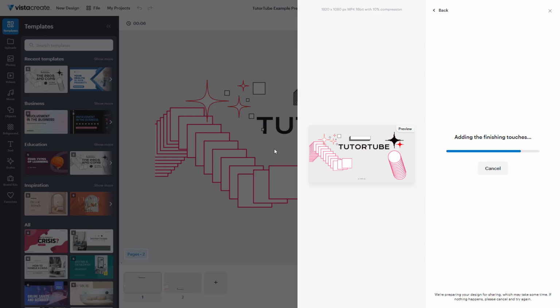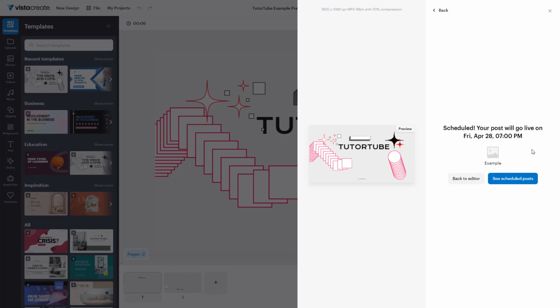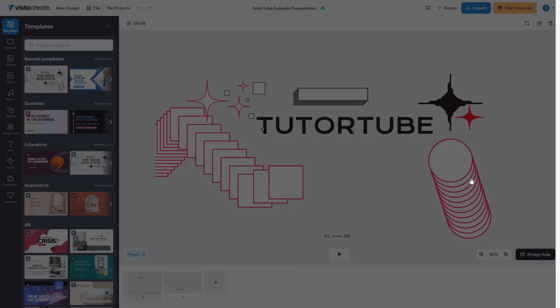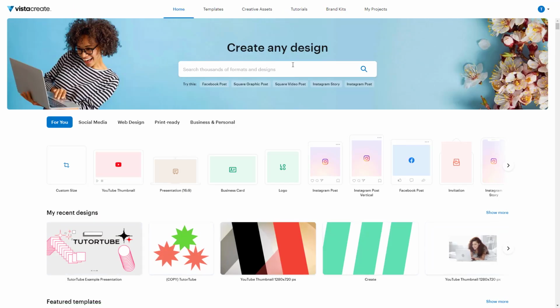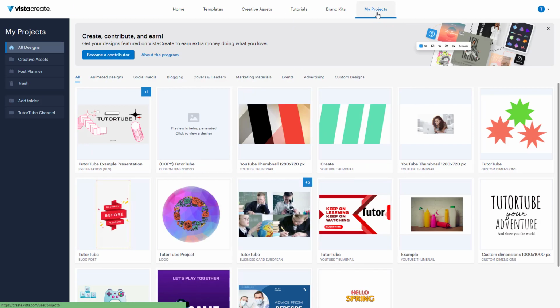You can have more than one schedule as well. You can see that it is there, and now it says the post is being scheduled to go live on Friday, April 28th right here. Let me click on back to editor right here, and nothing seems out of the ordinary right now. But if I go over here onto the home and onto my projects,